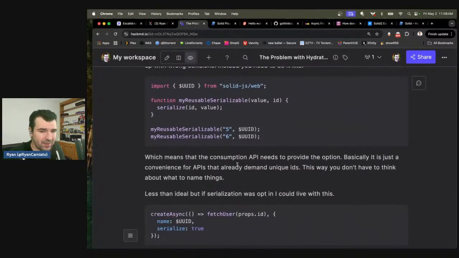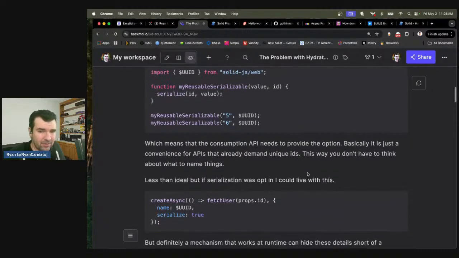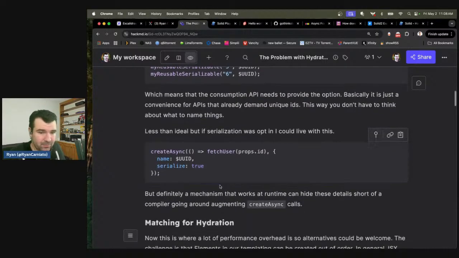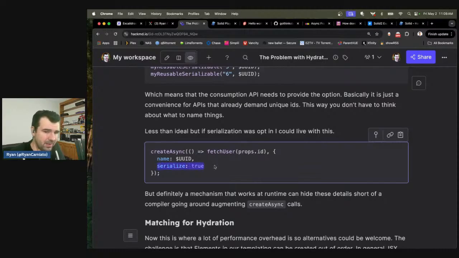Which means that the consumption API needs to provide the option. Basically, it's just a convenience for APIs that already demand unique IDs. This way, you don't have to think about what to name things. Less than ideal, but if serialization was opt-in, I could live with this, right? You can be like, oh, if you don't serialize,